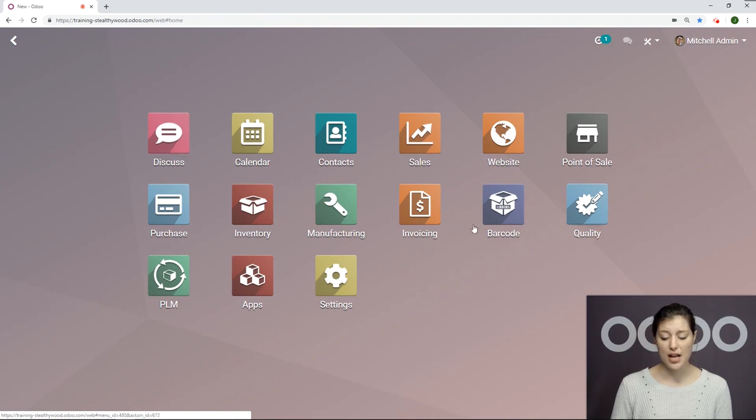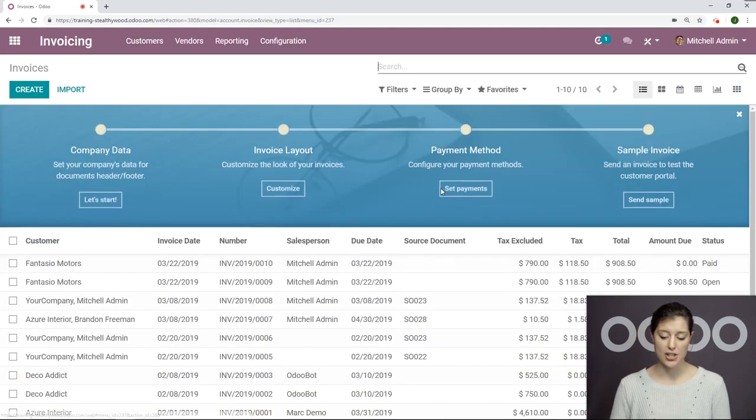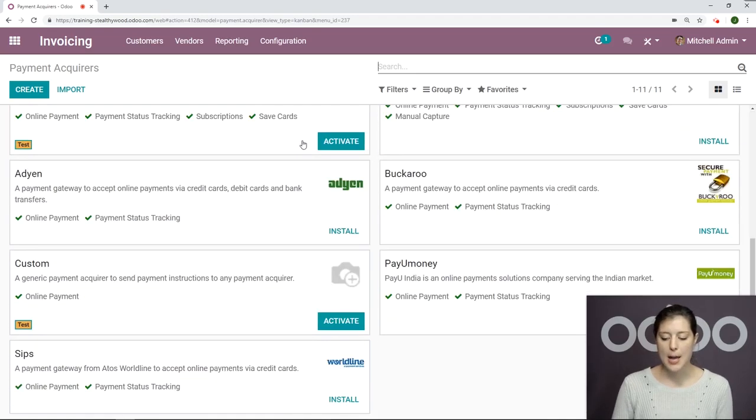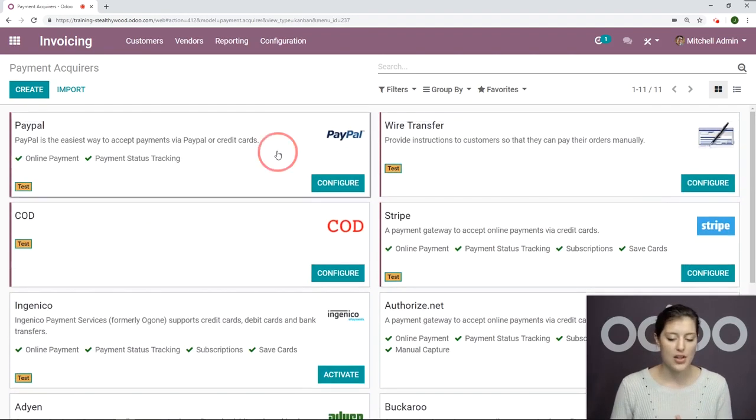Now, once we've done that, we're going to go into our invoicing application. There's something else I want to be sure that I have set up properly before I start invoicing my customers, and that's payment methods. So let's go to Configuration, Payment Acquirers. I can configure and activate any payment acquirer that I would like, but I want to be sure